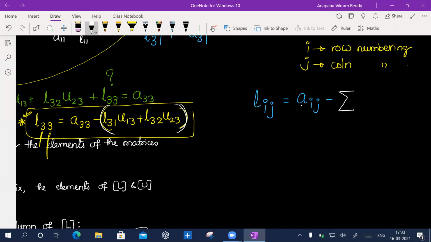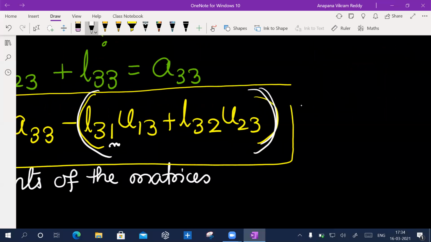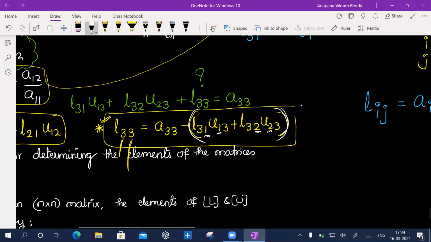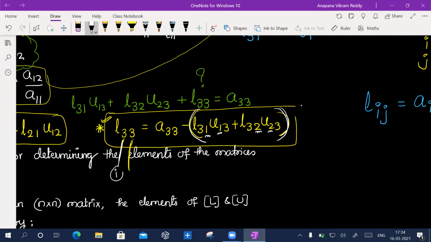Now you tell me. See, in this case, I and J both are the same: I equal to 3 and J equal to 3. But what do you have in the open parenthesis here? You have other than 3 also, right? I have here 1, again 1. I have 2, again 2. You treated this one as I and this one as J, and the same thing for these two. But I have in the parentheses not all threes. I have also ones and twos. Then how do I tackle this?